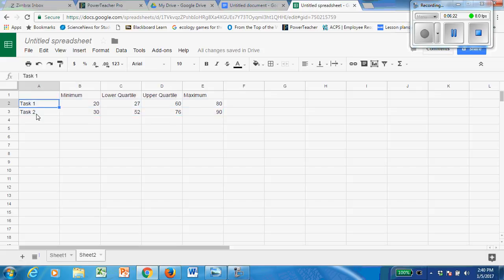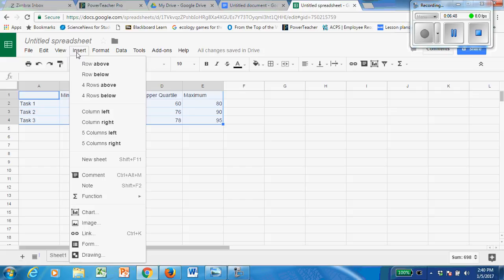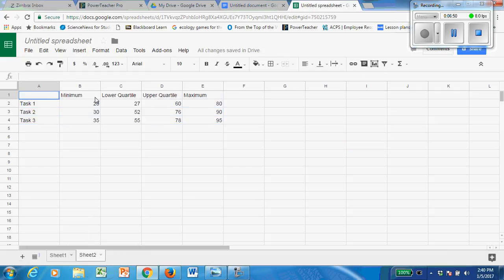If I have two box and whisker plots that I want, and I might even add task 3. And let's just say I'm making these numbers up. I have 3 tasks and I want a box and whisker for all of them. So the first thing you need to do is highlight those, then go up to insert over here, or just again highlight,